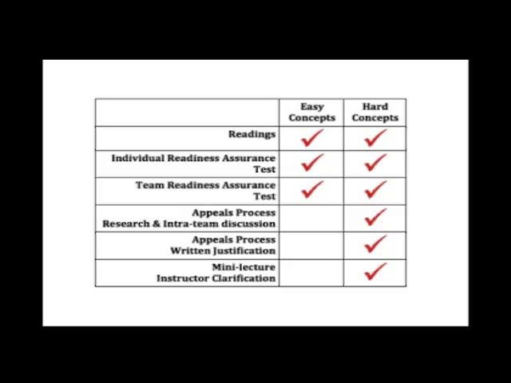But the harder concepts are likely going to be discussed a little more, so there's a bit more focus on the difficult concepts. The appeals process is completely centered on the harder concepts, the things the students got wrong, the things that the students are still struggling with. Finally, in that mini lecture or instructor clarification, I focus in on those hard concepts and just discuss those. Really intriguing that this sort of differential feedback for easy versus hard concepts is built into the design of the readiness assurance process. It's not some master skill that the instructor needs to have.